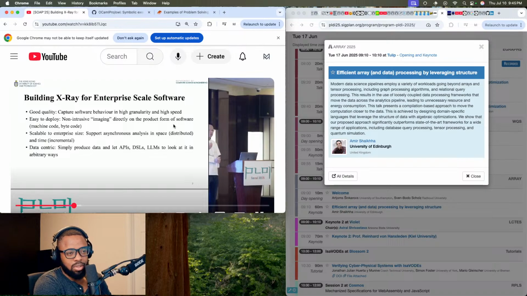I'm sure this is just a bunch of words, but I'm sure that whatever this X-ray is touches on a bunch of these ideas. But fundamentally, your program is a state machine, which means state/data/memory.